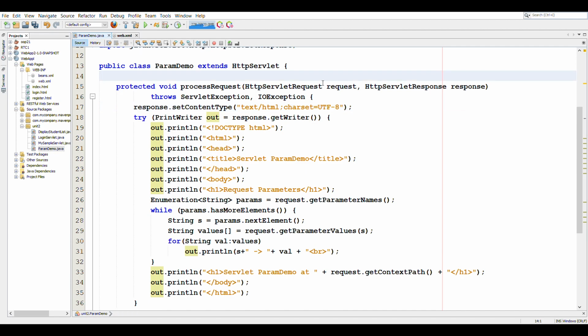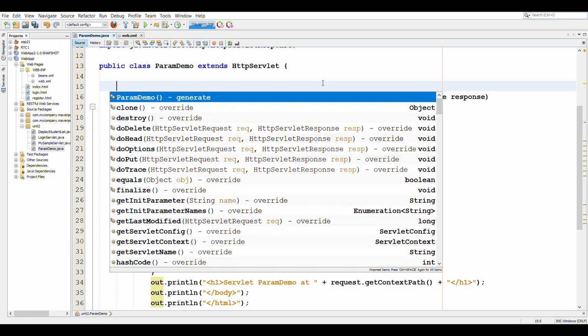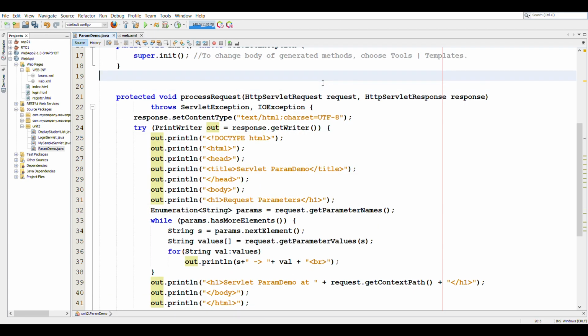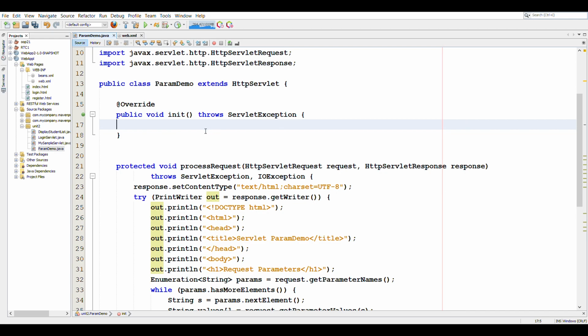Now here, because these are initialization parameters, we can read them in the init method. We had seen in the servlet lifecycle that we have an init method that we can override, and it will be called automatically when the servlet is being loaded for the first time.